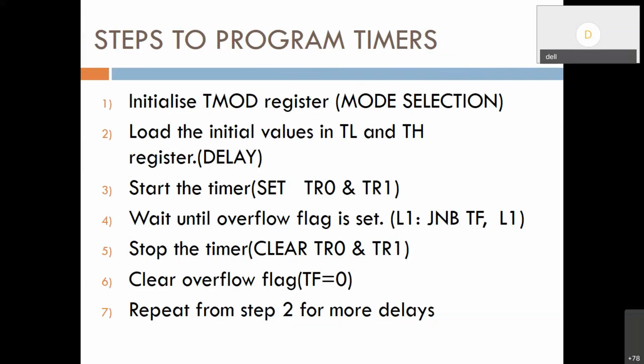Higher the value in TL and TH, lesser will be the delay generated. And if the value is least, that is 0000, then the maximum delay is generated. So in timer mode 1 operation, the maximum delay is 2 to the power of 16 multiplied by the machine cycle duration. So one machine cycle is equal to, as I told you,